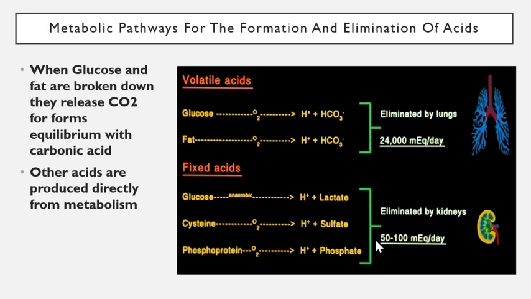The thing is that carbon dioxide will travel to your lungs, and then you'll breathe out. So one of the ways that we regulate our pH is through metabolism. Other acids are produced directly. So the release of carbon dioxide and the buildup of carbonic acid will change your pH, but we can also remove this carbon dioxide by exhaling it. And that's a regular fluctuation that you do with each breath, increasing your acidity and decreasing it,